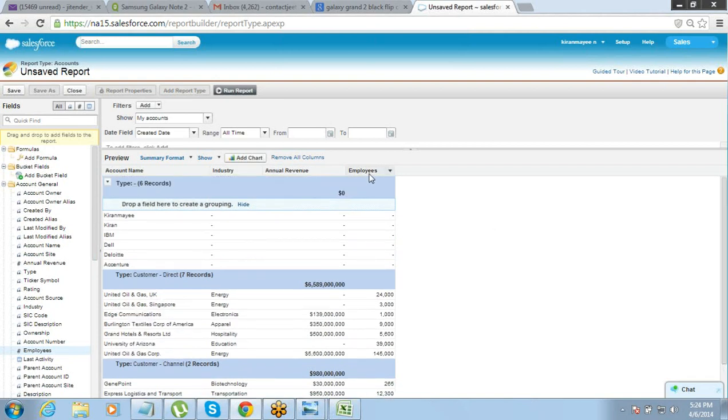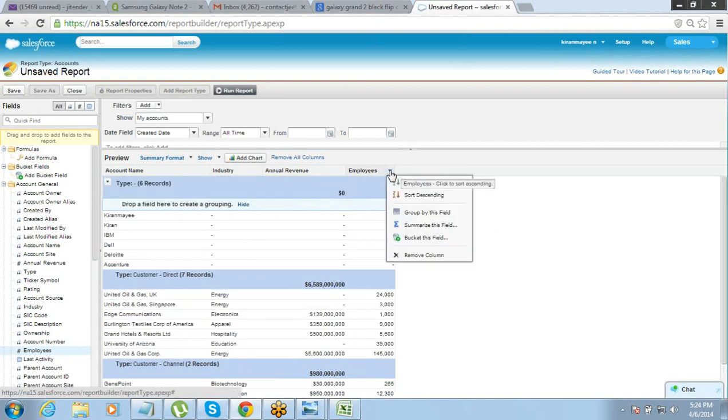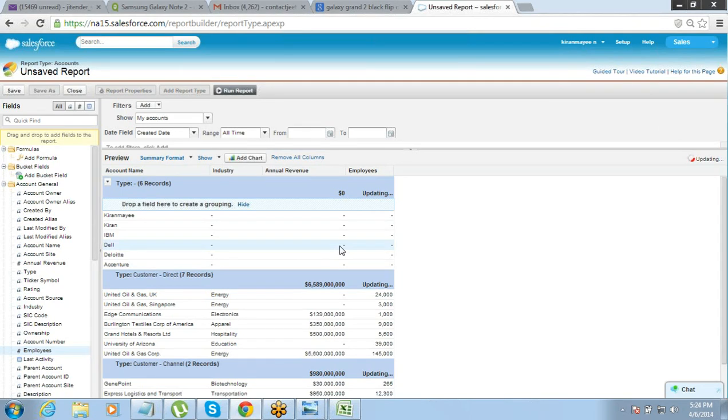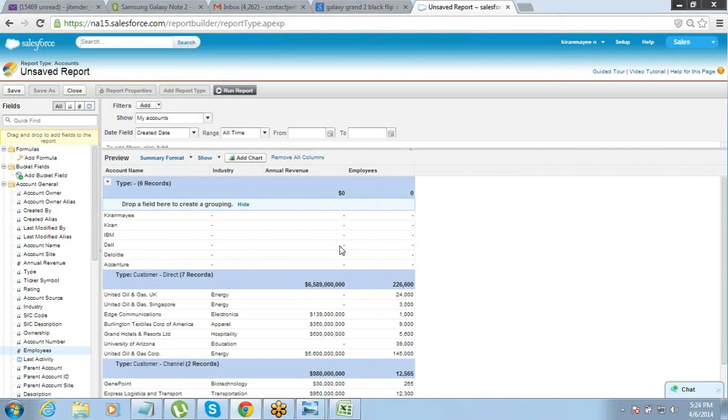Same thing I want to do for employees. Let me go to the employees field, click on summarize this field, click on sum and say apply. Clear? Now the other thing is that though it has summarized, it is still giving me a list of all the